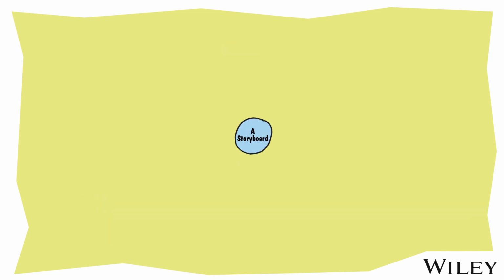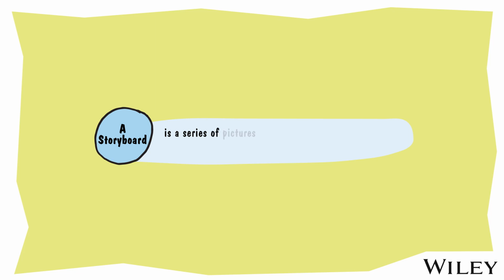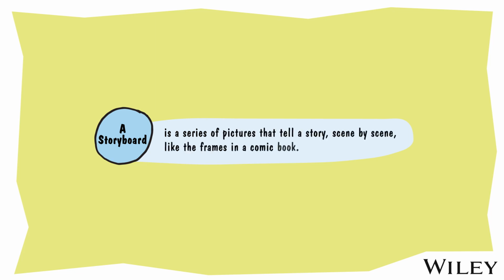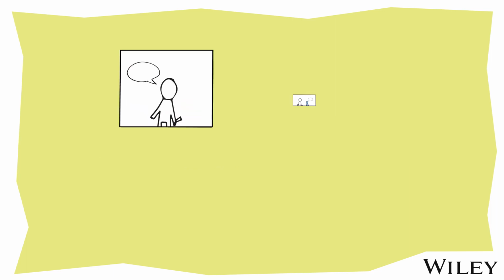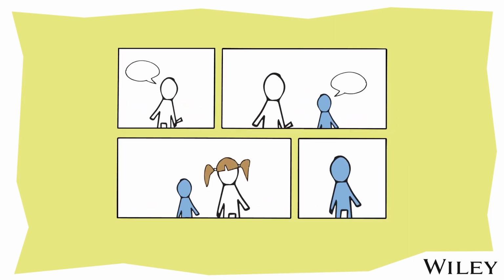Like simple illustrations, storyboards also rely on pictures and sketches to communicate features and benefits of an idea. A storyboard is a series of pictures that tell a story, scene by scene, like the frames in a comic book. Each frame contains an illustration and often captions to explain the illustration. A storyboard for an app that will help people choose which dishes to serve their friends might include the following